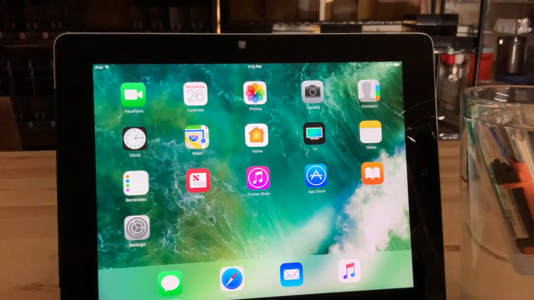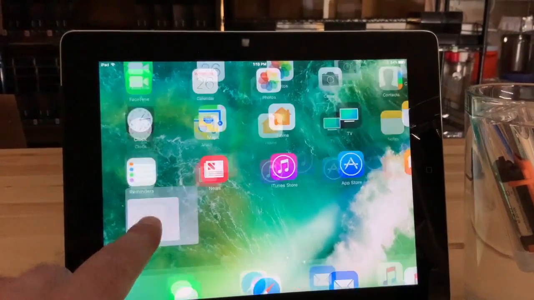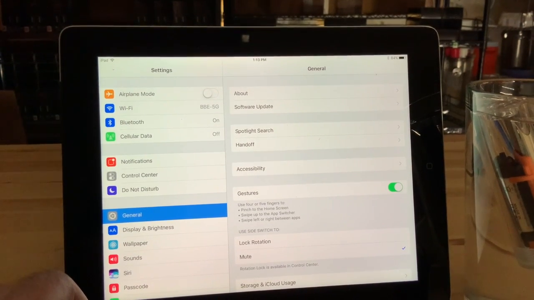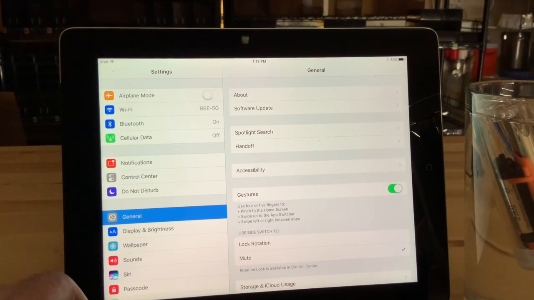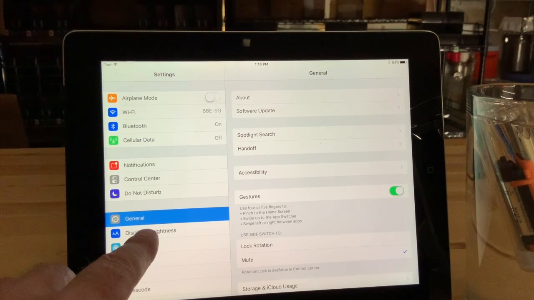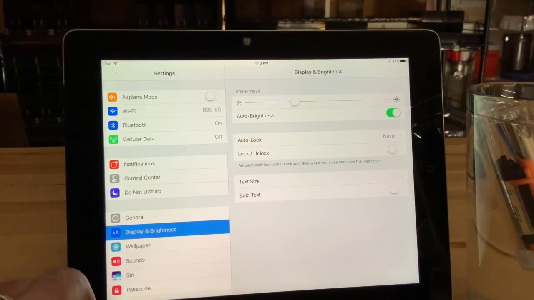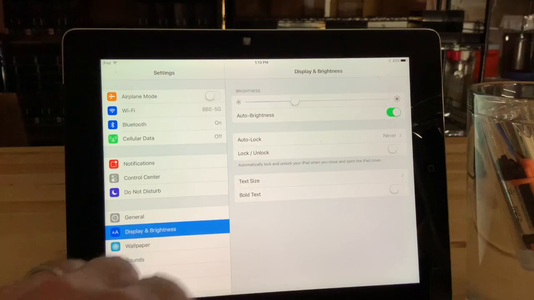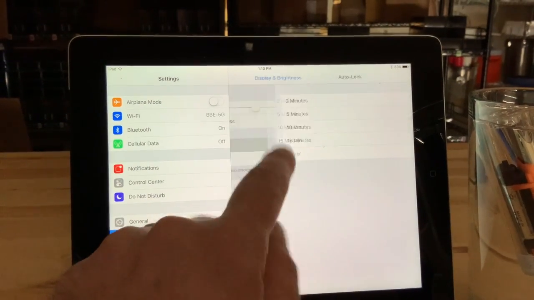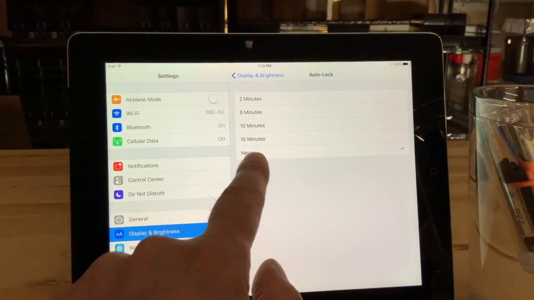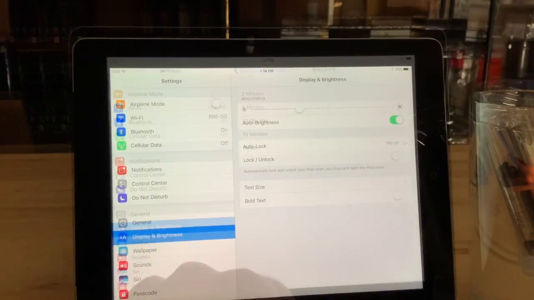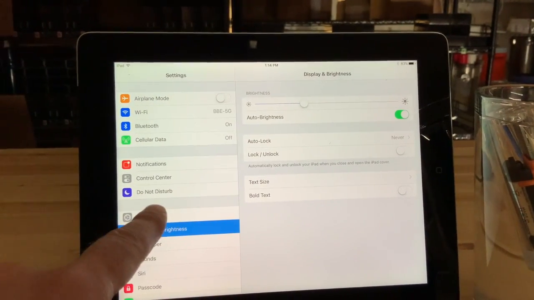The first thing I'm going to do is go to the settings, open that up, and under display and brightness, I'm going to make sure the auto lock is set to never. Right here, this is set to never. There. Next, I will go to the general settings,